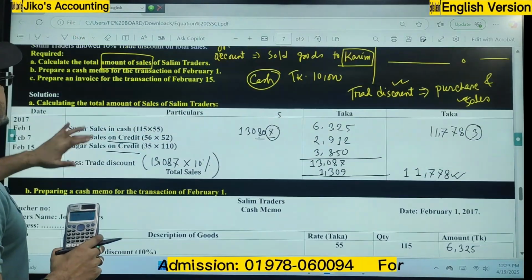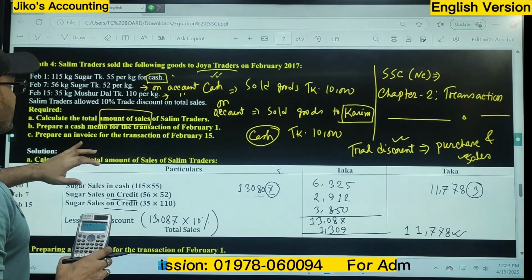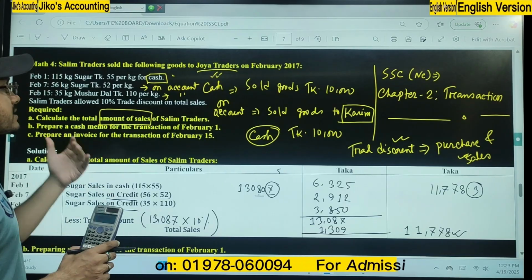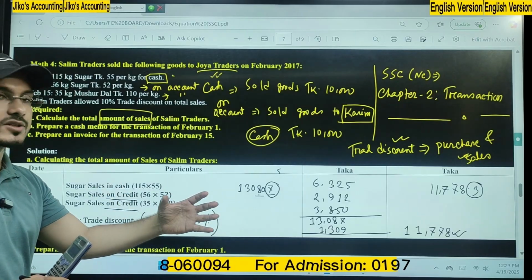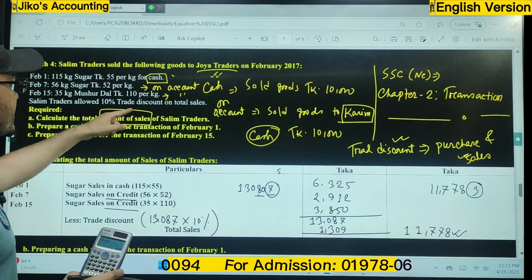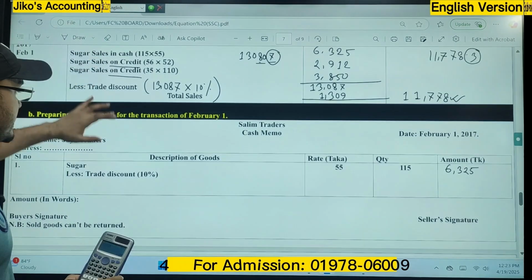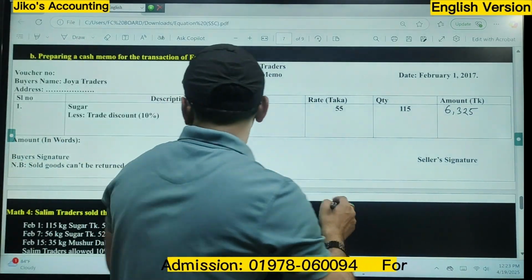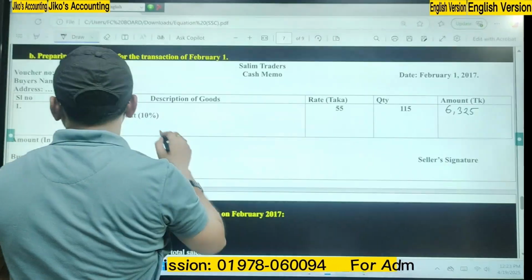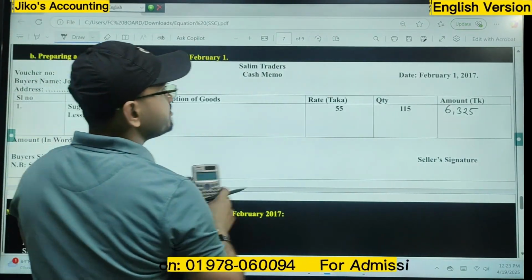There is a discount. You can see the discount must be deducted from the total amount because Solim Traders isn't going to receive this amount. It always indicates a deduction of the cash. That's why 10% trade discount. You can see here, now deduct it. What is our trade discount? 10%. So if we calculate,